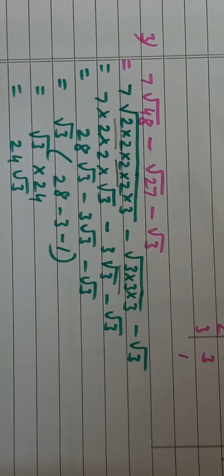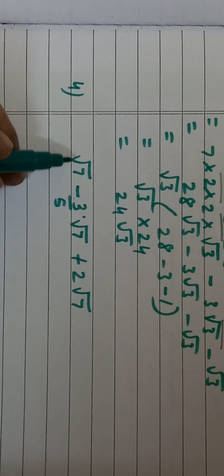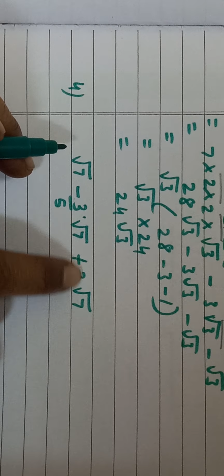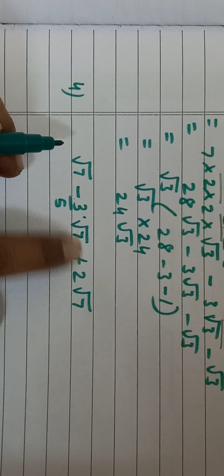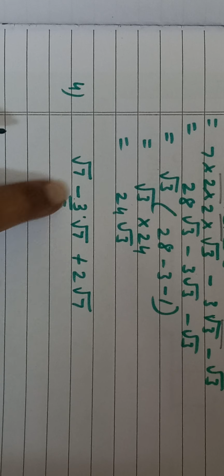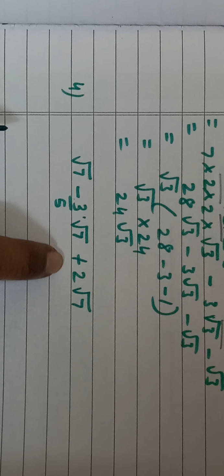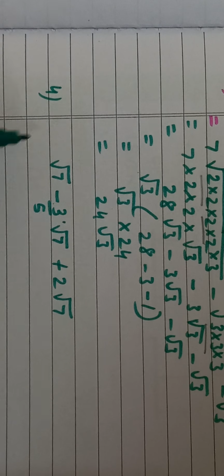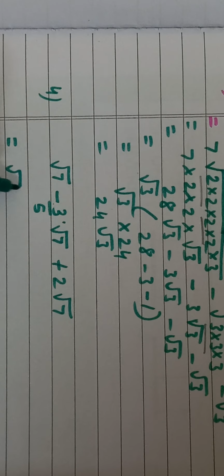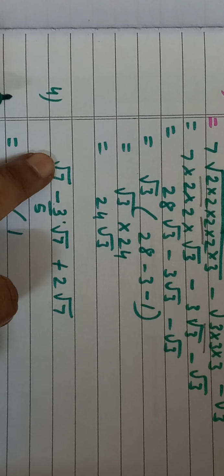Now come to the next example. Now here also if you see, the order of the radical is the same, 2, 2, 2, radicand 7, 7, 7. What we could have done, directly root 7 we can take outside and put inside all the given numbers, or subtraction can be done. But here the simplest way will be, we'll just take root 7 outside. Now here nothing means 1 is there, that also you should know.